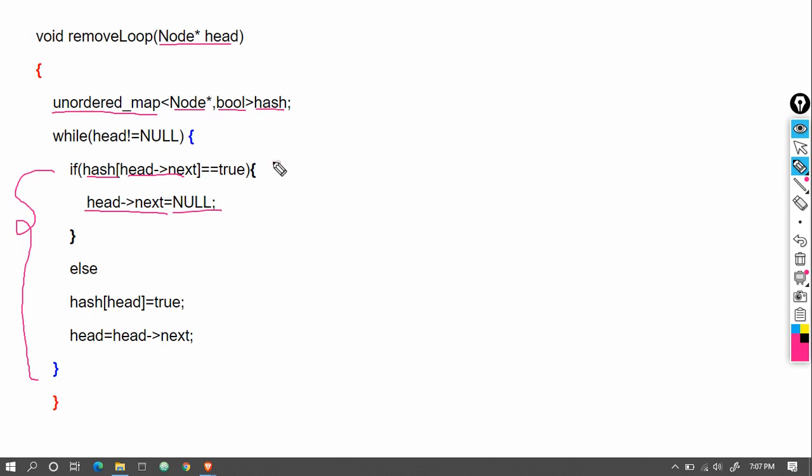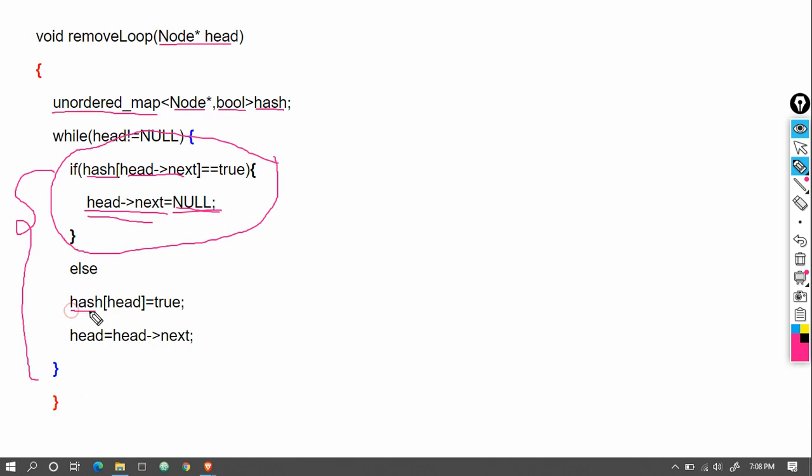This is the condition where we know that we have already visited that node. So the next of the head will be set to null and the linked list will end there. Else, if it is not already true, this means we have not visited that node earlier.